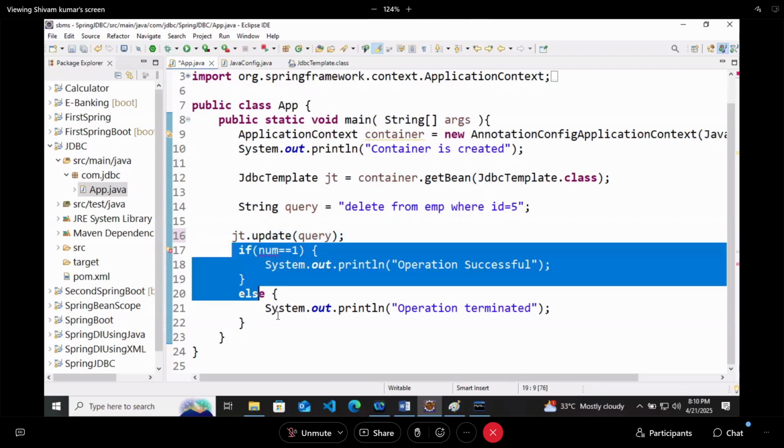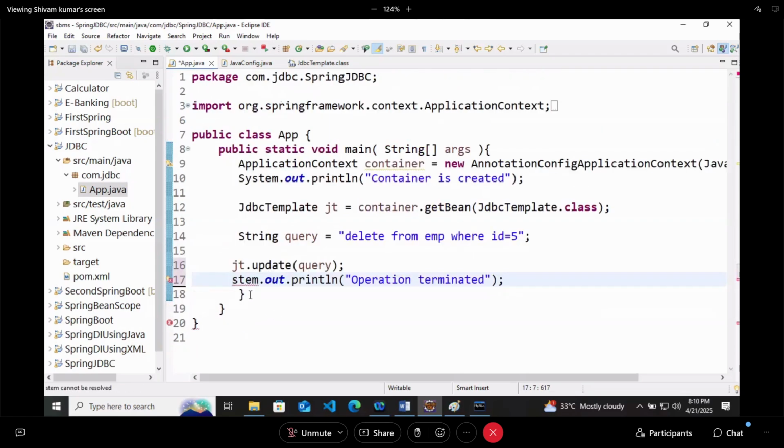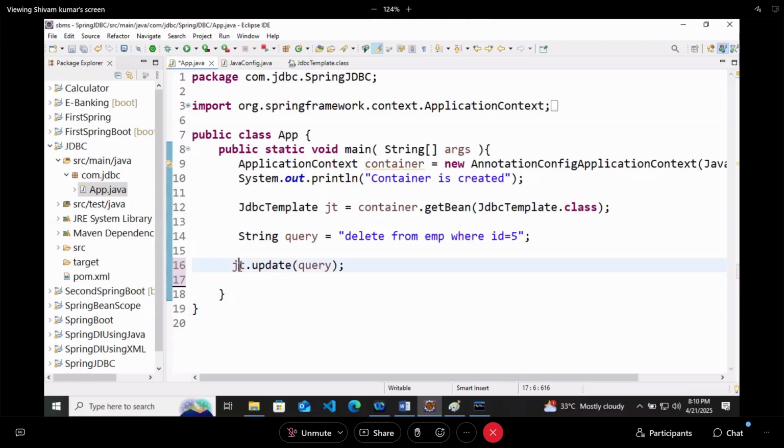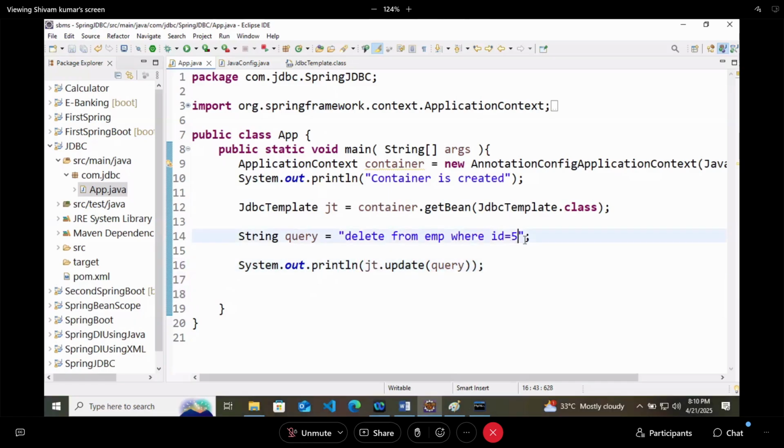We are just printing it to the console so that we can check what kind of value it returns on deletion. So the query is delete from EMP where ID is equal to 6. We will run the code.